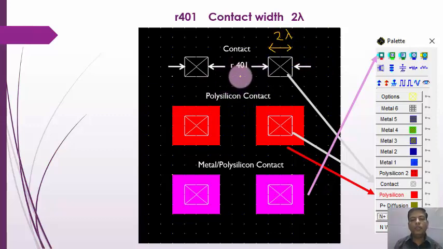Okay, contact 2 lambda, and polysilicon contact 2 lambda, out of which the polysilicon area should be a total of 4 lambda. Metal or polysilicon contact, again 4 lambda area. Okay. Contact 2 lambda. Okay. Have you got it? R401, contact width 2 lambda.